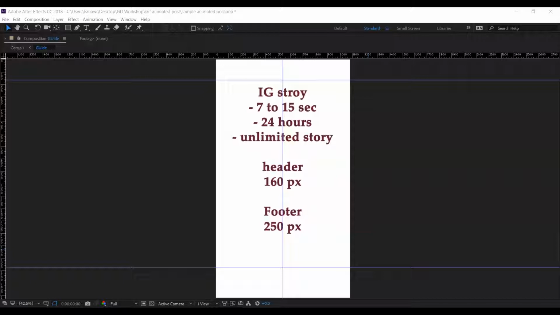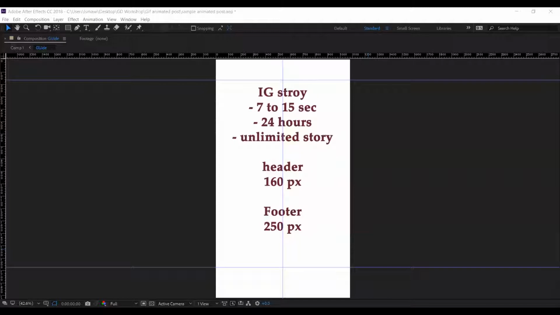Additionally, an issue we sometimes have, or overlook, is the header and footer. Even though the size of an IG story is 1080 pixels by 1920 pixels, there is a gap required for the header and footer, which will be automatically generated by Instagram.